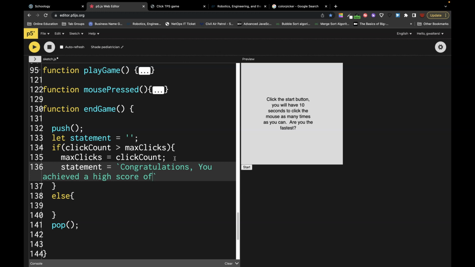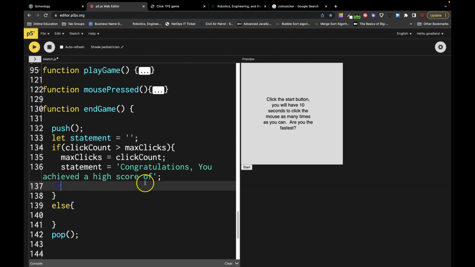Actually, I'm going to make that a challenge for you. But we'll do this as two separate phrases. So technically, I guess we don't need a string literal. We're going to have to break this up into pieces. High score of, and then we're going to do our max clicks, which we already set. And then we'll do our statement 2,